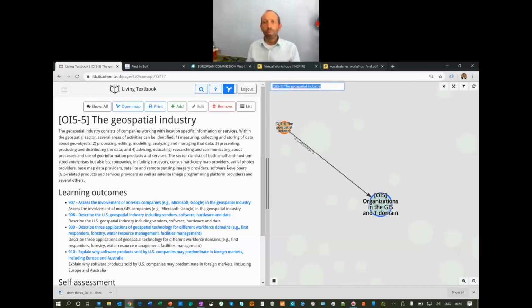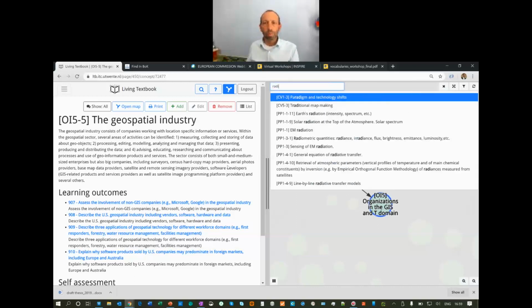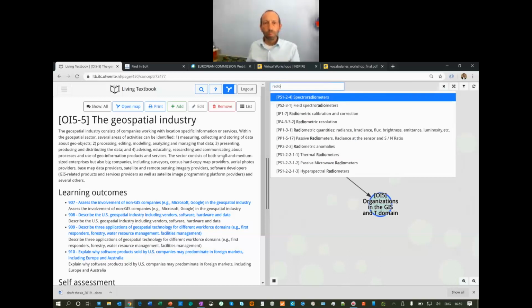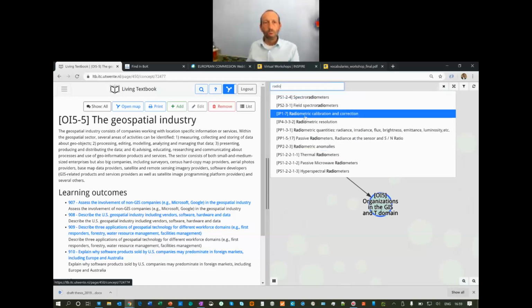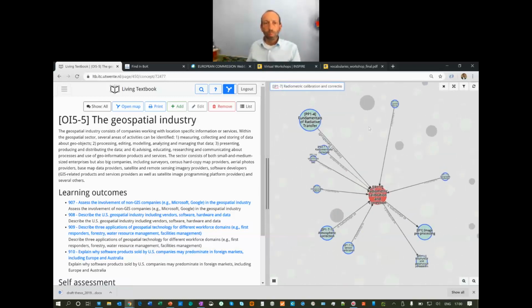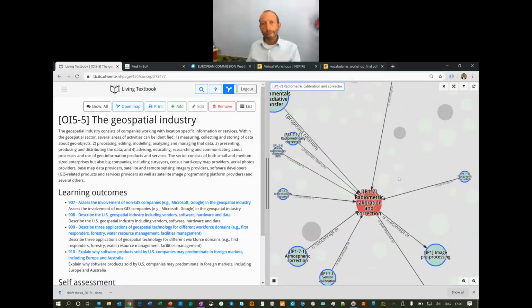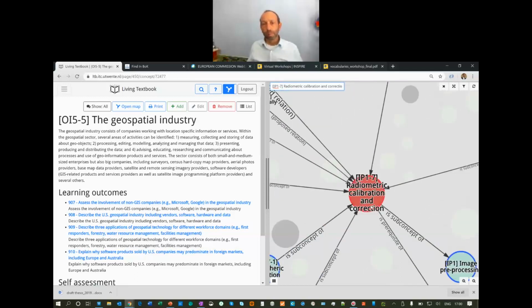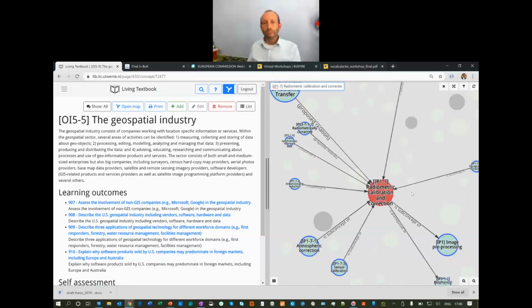independently of the EO4GEO project. We use that in our own education at our university. And so basically what we have is a book, a PDF, which was used before to teach our students who come into the studies in the first year about basics of geoinformation technology and Earth observation. So we switched to a digital learning environment where we actually have the text of the book migrated to what